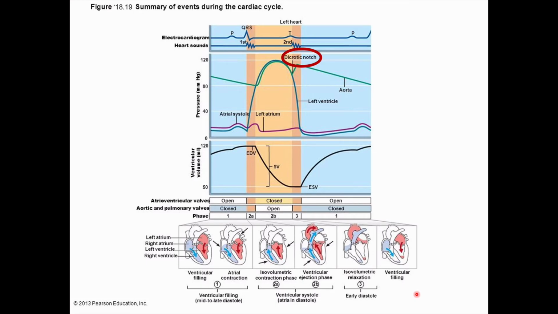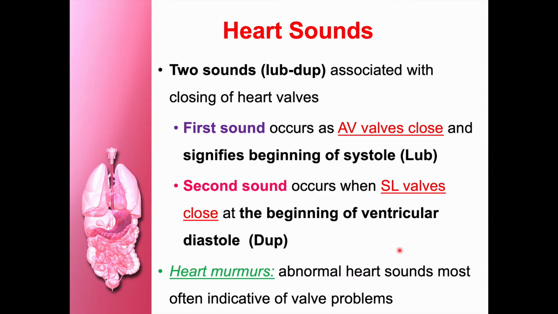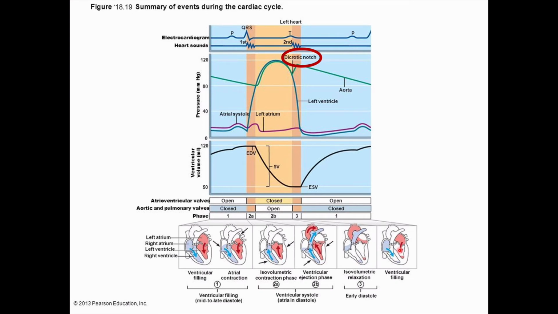Okay. So this is the summary of the events that are taking place. You can listen carefully. Here first the ventricular filling is taking place. Then the valve will close and the blood will go through the great vessels, to the pulmonary trunk and the aorta. Then after that, this is the early diastole. The isovolumetric relaxation, that is the diastole, is taking place, and after diastole there will be atrial filling, and then the atrial blood will come into the ventricle. Okay, so this is what you have to understand in the cardiac cycle.